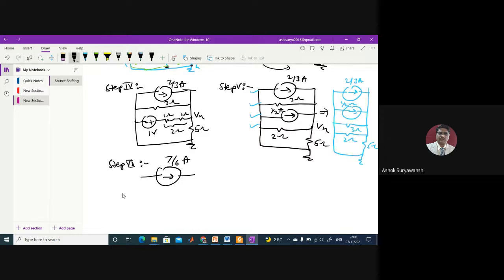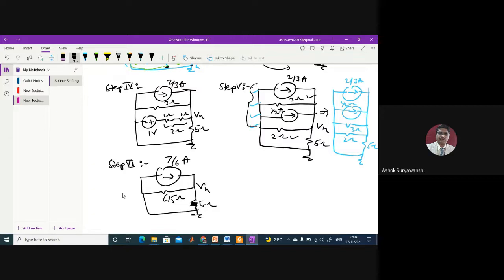And these two resistors, 3 ohm and 2 ohm, are in parallel. So 3 times 2 is 6, and 3 plus 2 is 5, so 6 by 5. So that is 6 by 5 ohms value of the resistance. That means this whole part is simplified. Now here it is Vx on the right hand side, 5 ohm with the ground here.